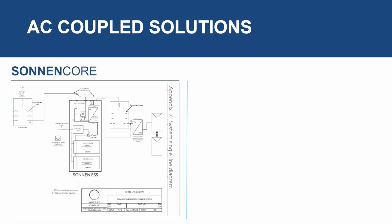the Sonnen Core. So this is a brand new setup from Sonnen. You may be familiar with their Eco and their Eco Links. Those are also AC coupled options. And we are going to have the Sonnen Core units hitting our warehouses, I think, by the end of this month. So keep your eye out. Definitely make sure you're getting a quote from your account manager because since these are brand new, we expect these to really go quickly. So this is a single line diagram,